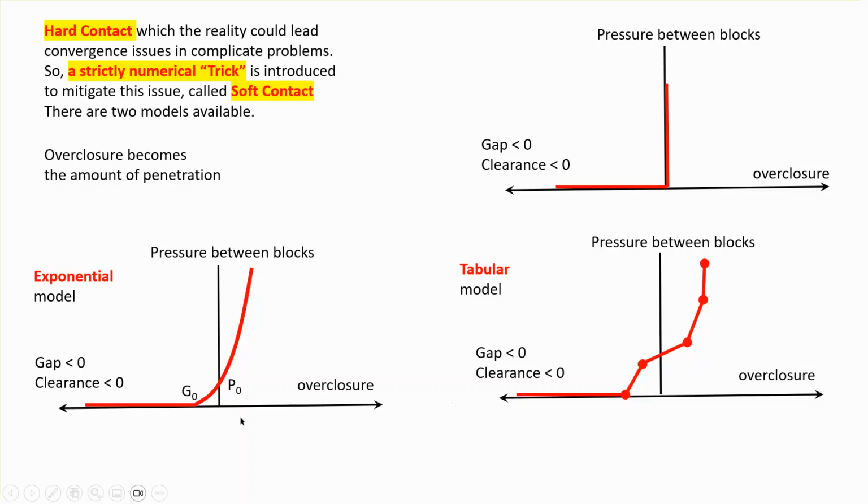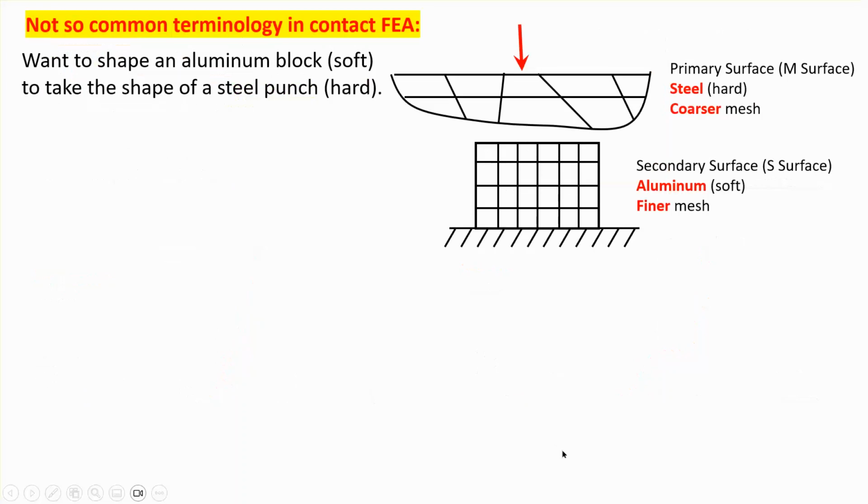Okay, but here you give two parameters. In other words, the gap where the pressure was zero, and then it starts building up, and then this pressure P naught. So if you give it these two in an exponential model, you can actually do the whole thing. Now, I'm going to make a few comments before I do an example, a few comments about this